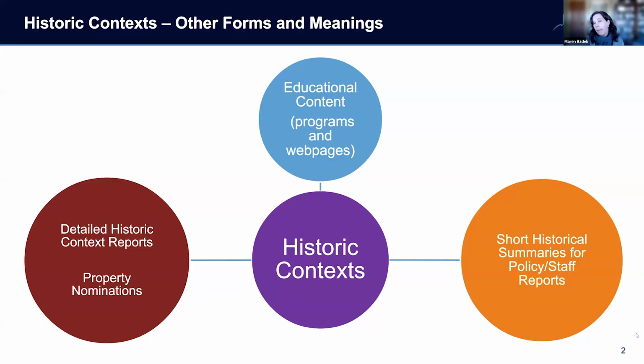And what they all have in common in the context of historic preservation, regardless of the order in which they're produced or the way that they're produced, is that they help us understand local history through place-based stories. And I think people that are sometimes new on commissions or have worked in other realms of public history, this is a really important thing to remember. We have a lot of colleagues that produce local history through various lenses, but of course what we're doing is providing that place-based lens, those place-based stories. And so historic contexts in some way are always connected to place. Four circles are linked on the slide. Go to the next slide.